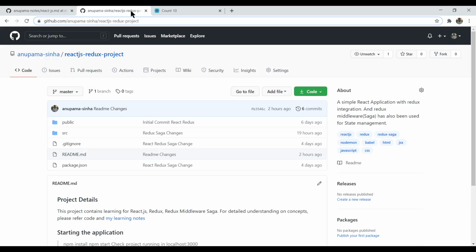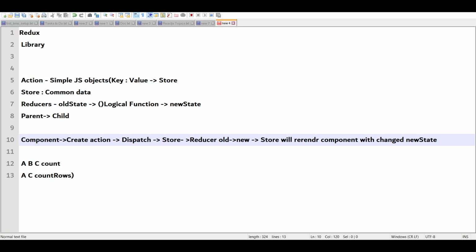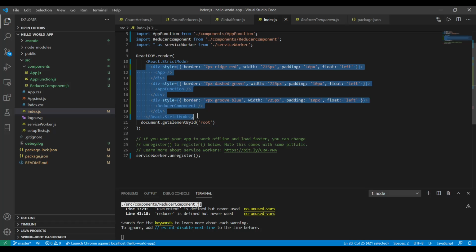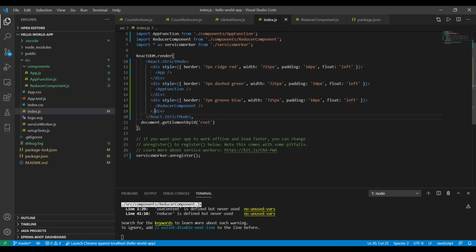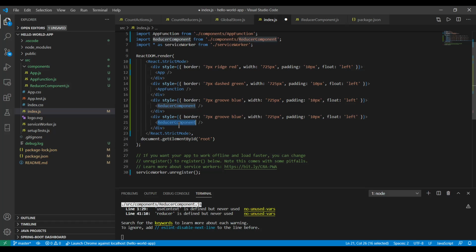Currently, what I've done is, earlier we had different components, so I've just made beautiful boxes here. Let's see how we have done it in our code base. You can see that in the ReactDOM.render, I have made three divs, and the parent div is the React StrictMode. Today we'll start off with React Redux State Management. So let's copy paste this. We'll create a new component for it, and let's name it